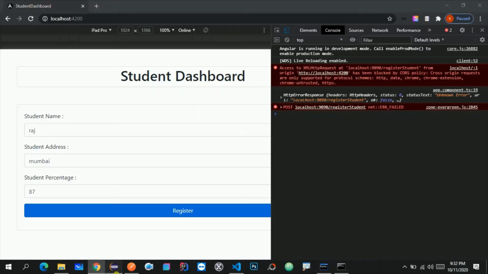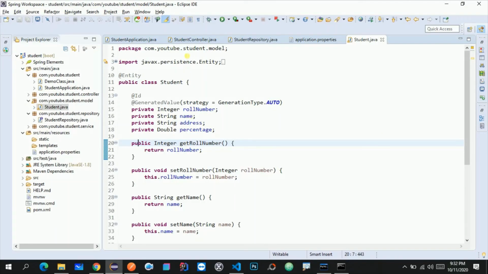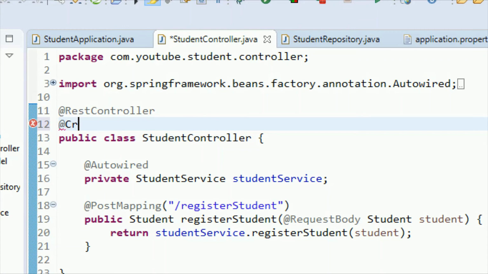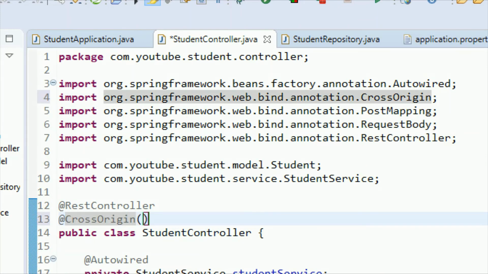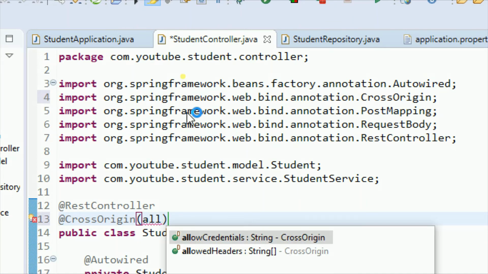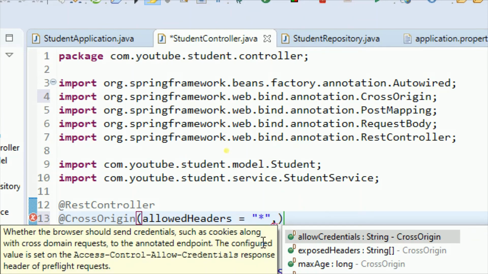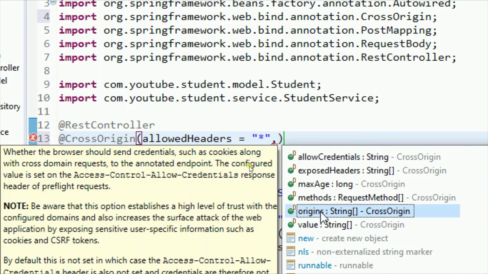So to configure the Spring security, we need to go to Eclipse, and we just need to go to the student controller, and over here we just need to type @CrossOrigin, and inside this, allow headers will be star, and then it will have another value called origins.